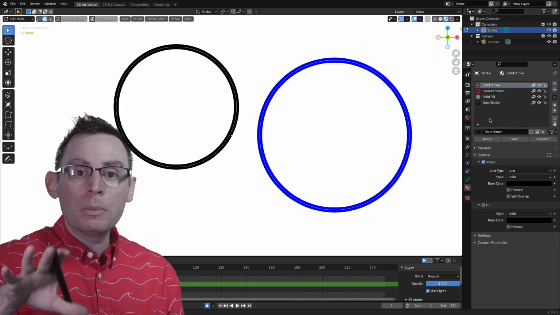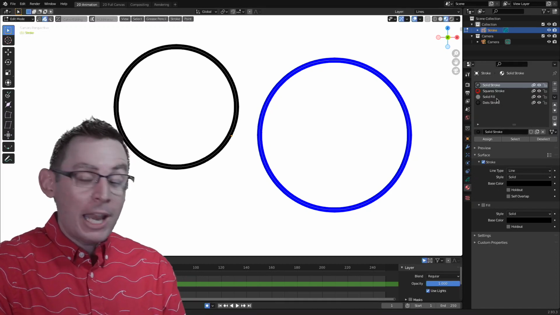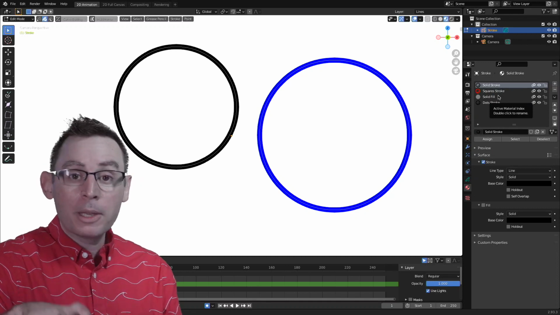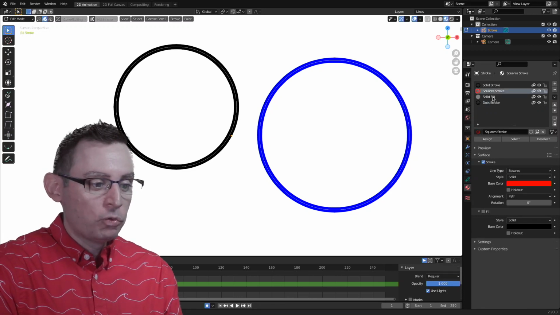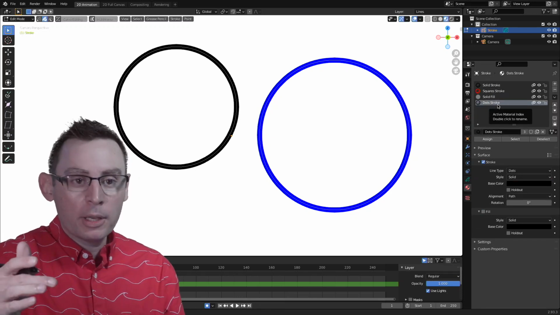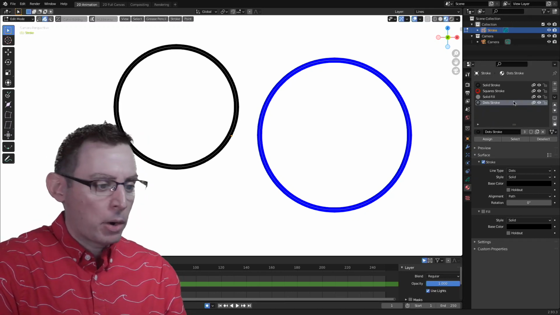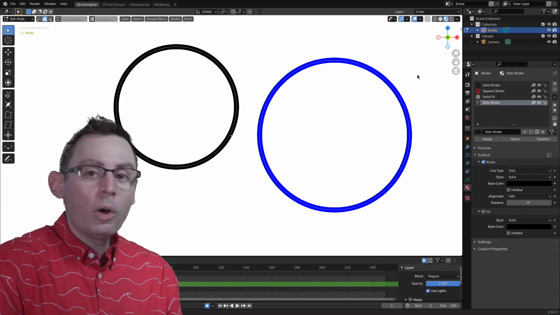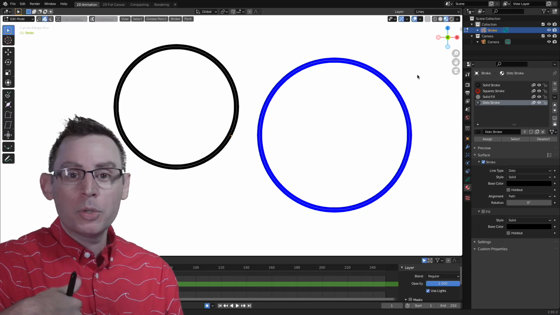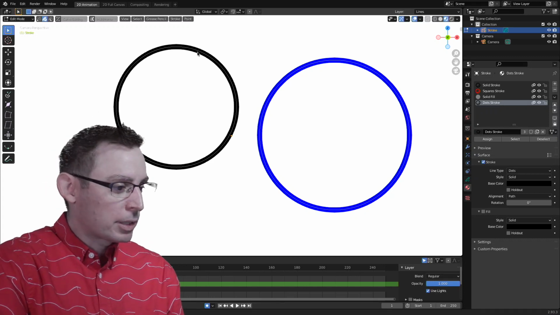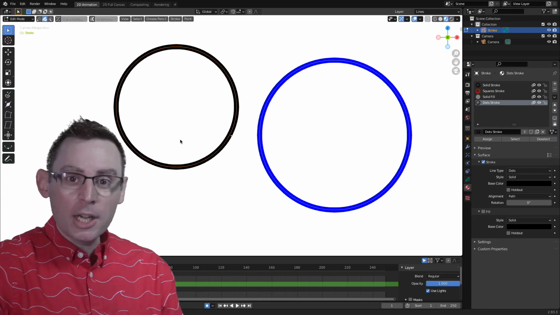This is the environment in which we manage, create, and edit all the materials that are active inside of our Blender project file. And you can see that with the 2D animation workspace preset, it comes with four different material presets already applied for us, which is already available to us, which is pretty neat. Let me show you the power of this and why it's neat. So I have my blue one, which is the object that I created with vertex colors, and then the black one is the object that I created with the material.